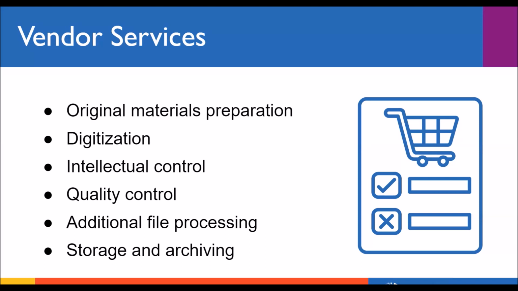Intellectual control. You might also ask vendors to do a lot with metadata, whether they're creating bibliographic records or they're embedding descriptive or technical metadata into the files or producing METS or various XML file formats for the material that they've digitized. Those can often be things that are included automatically or things that you need to work with them to request and specify. Also consider whether or not the vendor provides item level conditioning or condition reporting.